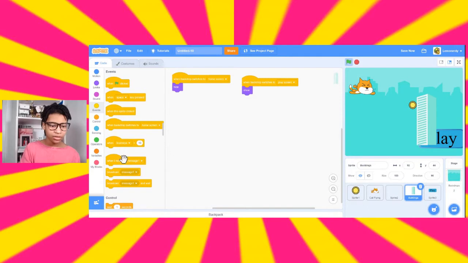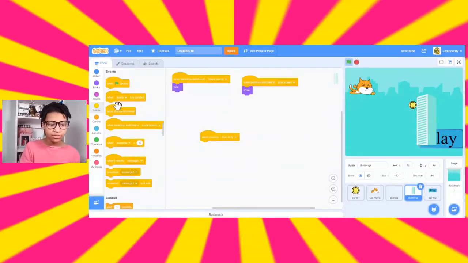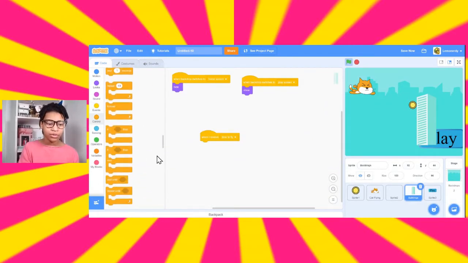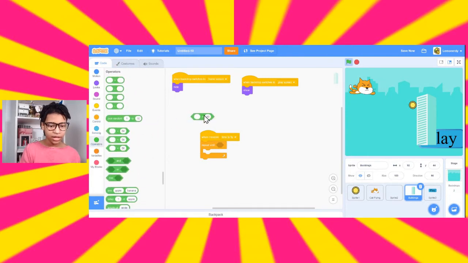So we're going to need when I receive time to fly. So that's a message that will say that it's time to start the game. So when I receive time to fly, we want it to repeat going and coming across the screen until the hearts reach 0. So we will get a repeat until, and then get an equal sign,